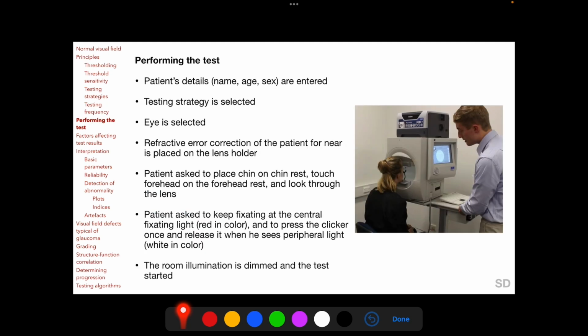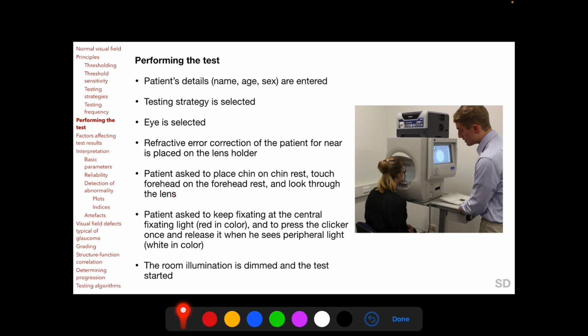When performing the test, the patient's name, age and sex are entered in the machine, and the time of testing is entered automatically by the machine. The testing strategy is selected, and the eye being tested, whether the right eye or the left eye, is selected. Refractive error correction of the patient for near is placed on the lens holder, and the patient is asked to place the chin on the chin rest, touch the forehead on the forehead rest, and look through the center of the